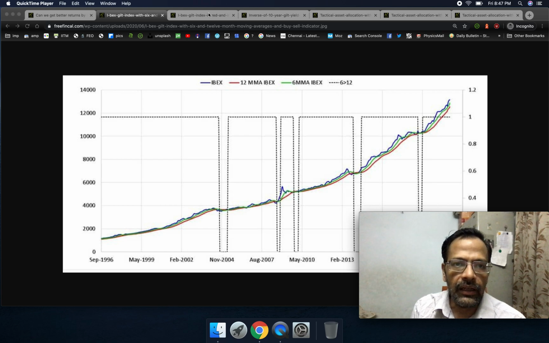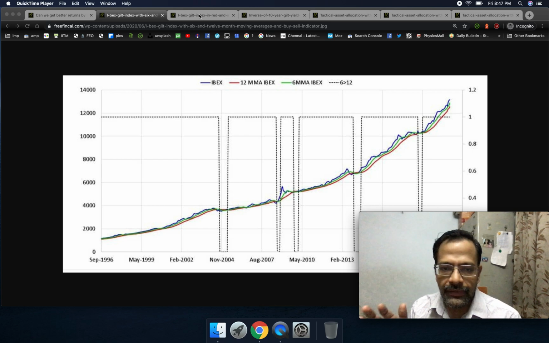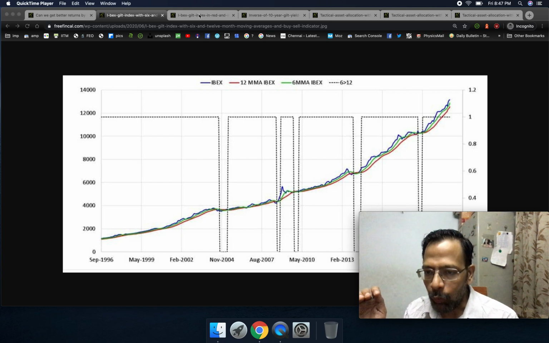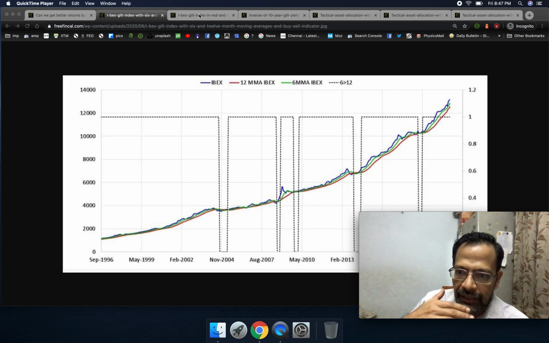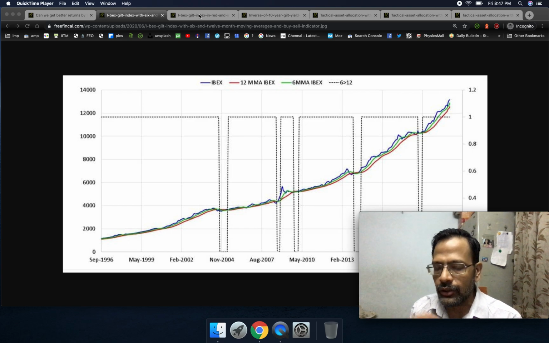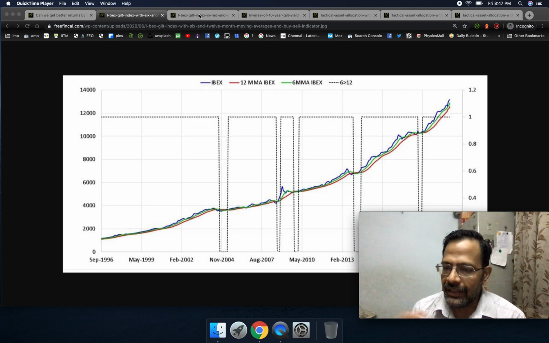But if you notice straight away, even without back testing, I will tell you the signal most of the time is basically 1. This is because the gilt index is moving up, and most of the time the 6-month average is greater than the 12-month average. So it's not possible to do any kind of timing with this kind of indicator for gilt funds. So what we do is to use the yield of the